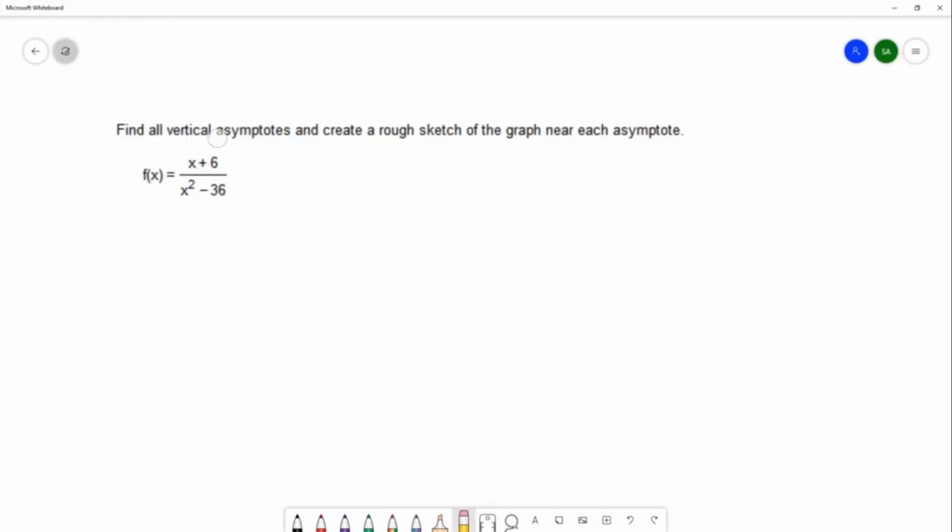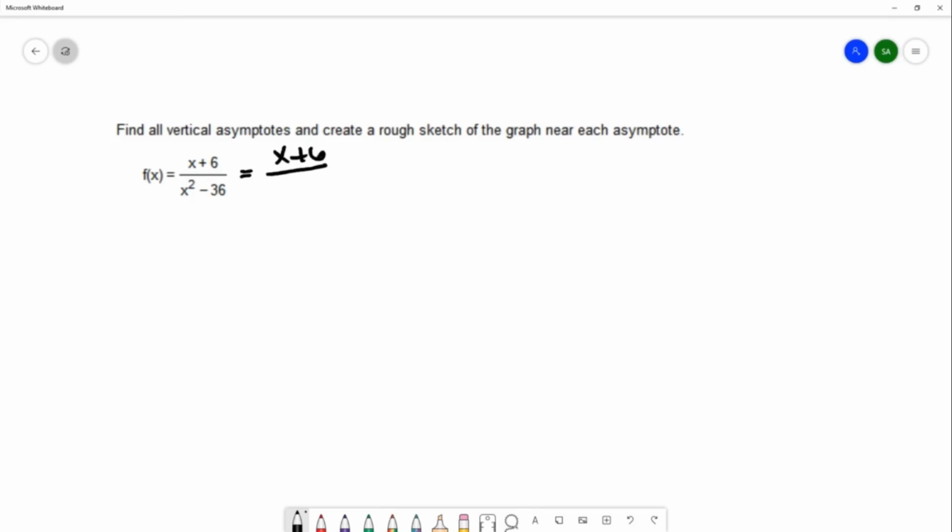Find all vertical asymptotes and create a rough sketch of the graph near each asymptote. So we're looking for vertical asymptotes on this example. So to find vertical asymptotes, we need to write this function in factored form, and